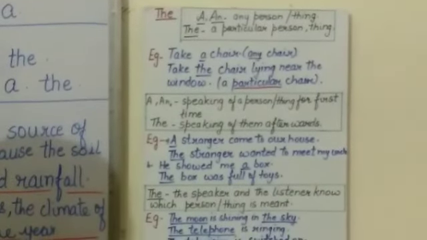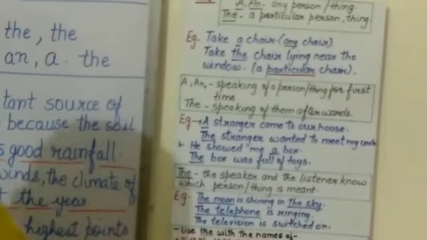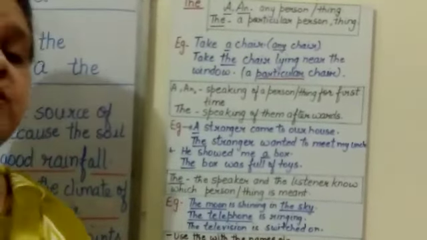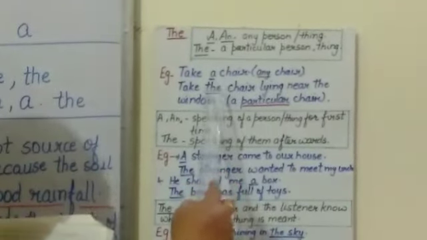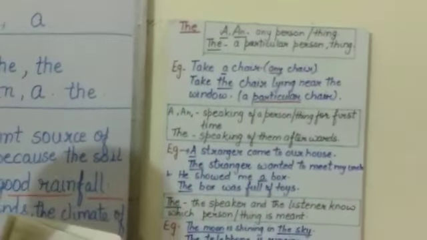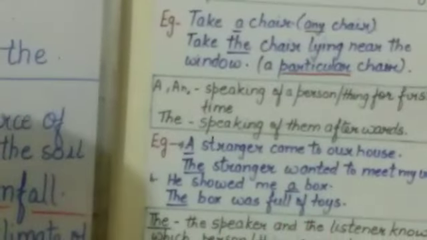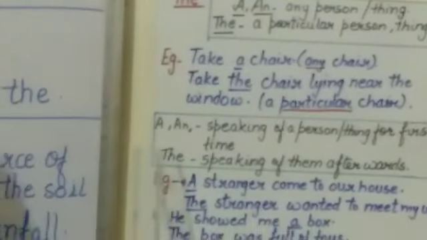A man is waiting at the door. A man. It can be any man. The man you wanted to meet is waiting at the door. I am talking about a particular man. So here, the man. Can you understand the difference between a and the? A is used for any kind of person or thing, and the is used for a particular person or thing. This is one case. Coming to the next case of the, a or an can be used when speaking of a person